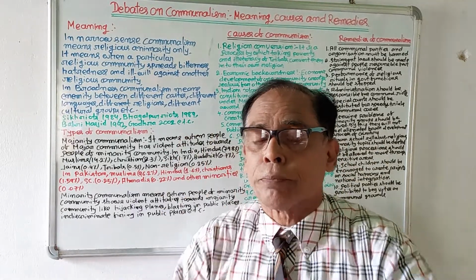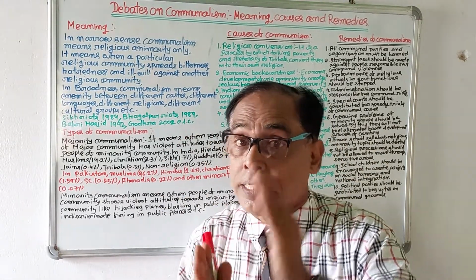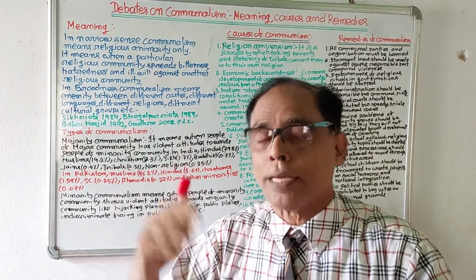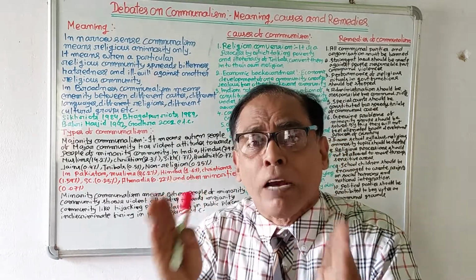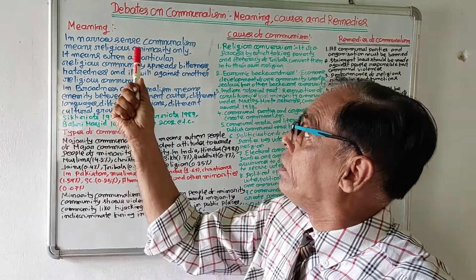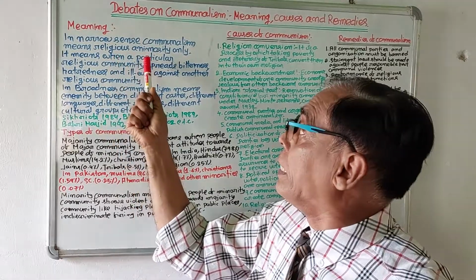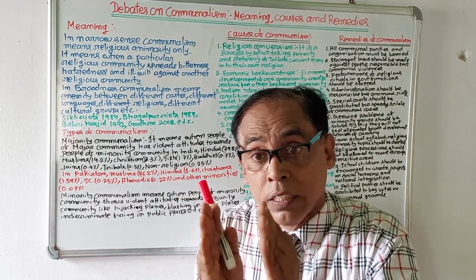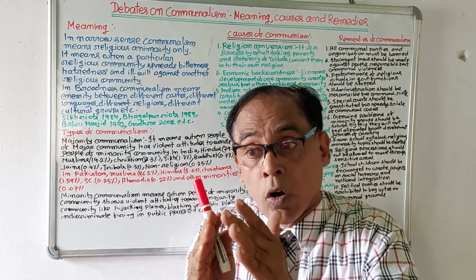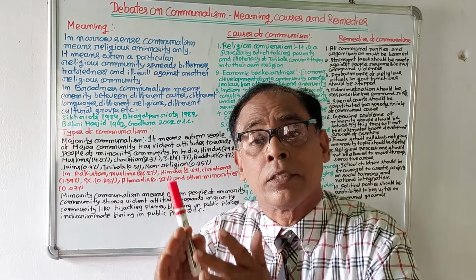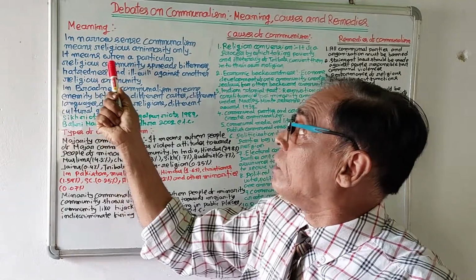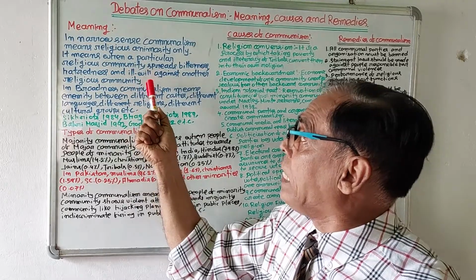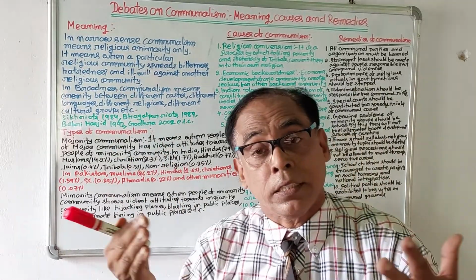But what is communalism? Communalism has a narrow meaning and it has a broad meaning. In narrow language, communalism means religious animosity or religious bitterness only. It means when a particular religious community spreads bitterness, hatredness and ill will against another religious community, it is communalism